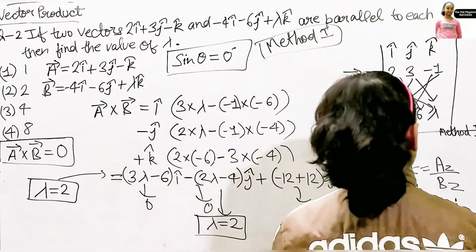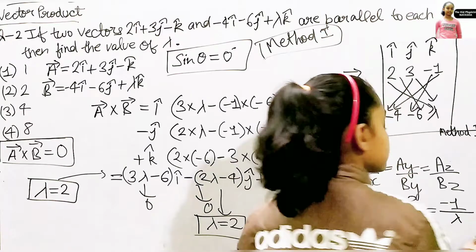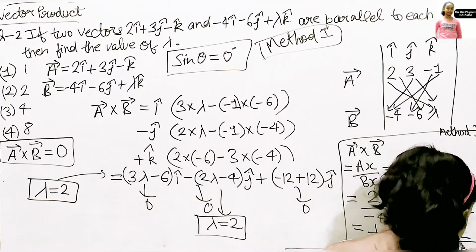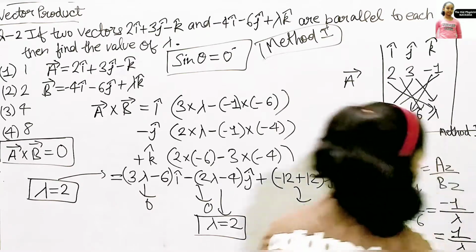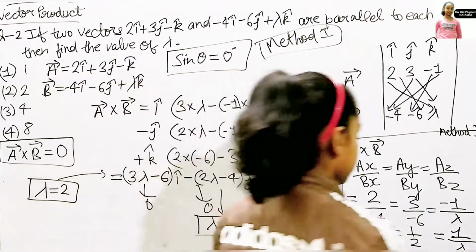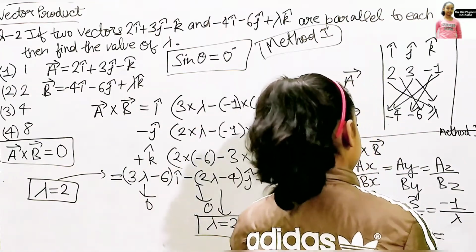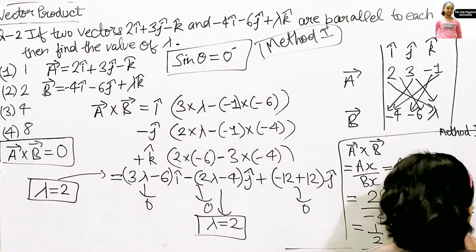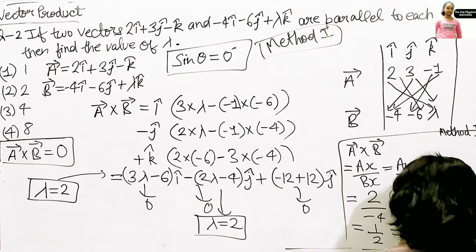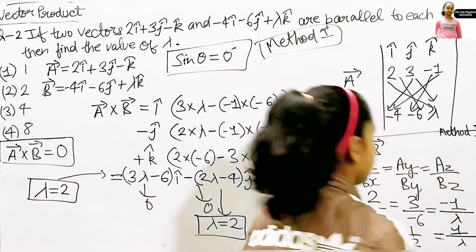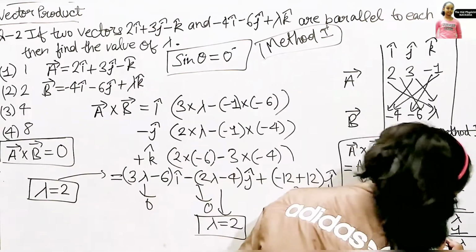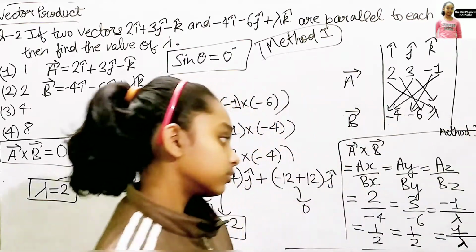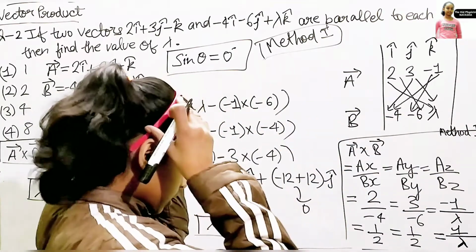Wait, let me write it again. Don't be confused, I am telling you how. So 1 by gamma. Wait, actually this will be clear to you, I think so. Yep, this will be clear to all of you. Is this clear? Yeah, this is clear to you.